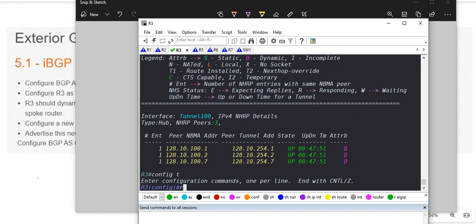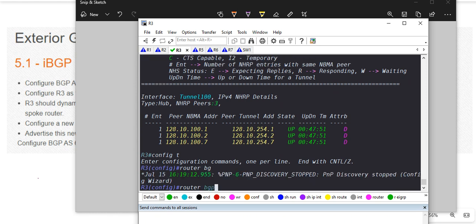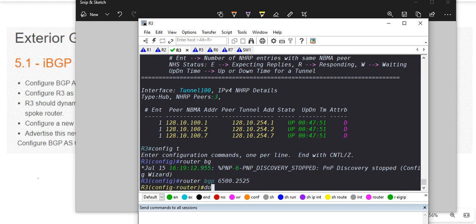Config T, router BGP 65, 0.25. Okay, now if I do shutdown,